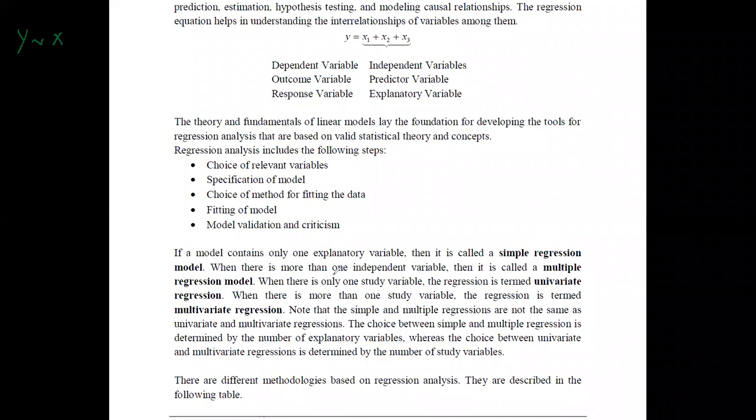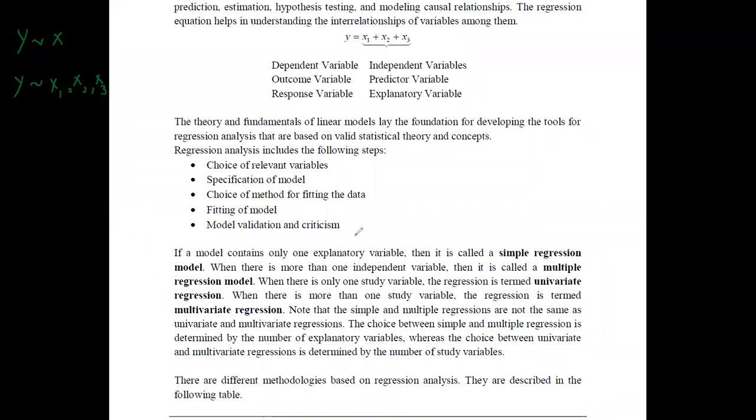And if there is more than one independent variable, it means that you still have one y variable, but you may have several independent variables x1, x2, x3. Likewise, there may be a set of independent variables. In a situation like this, you can go for a method called multiple regression models. Here this is simple regression. Here it is multiple regression.